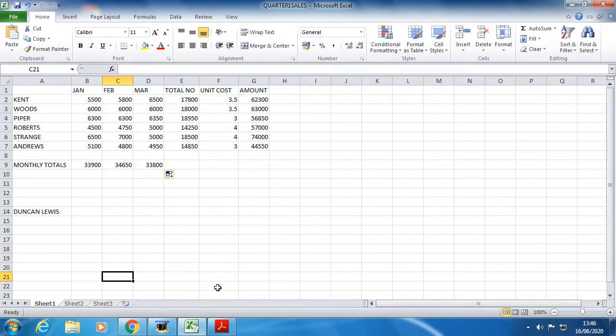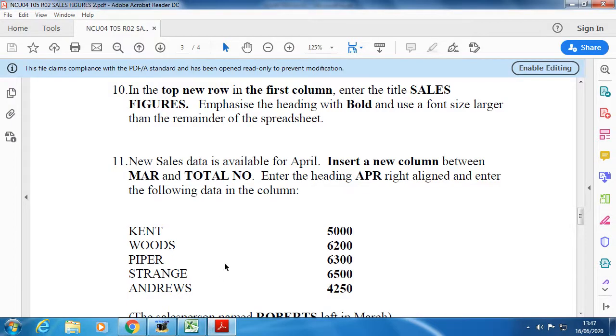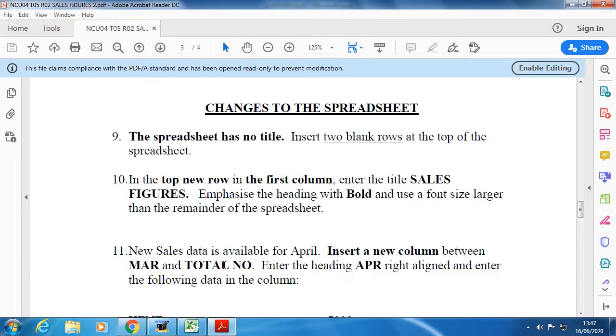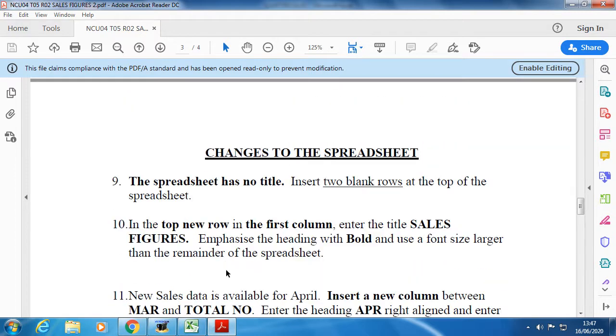So this is where we left the first video. We entered all the data and did a few formulas. What is next on the worksheet? Changes to the spreadsheet. So the thing is, the spreadsheet has no title